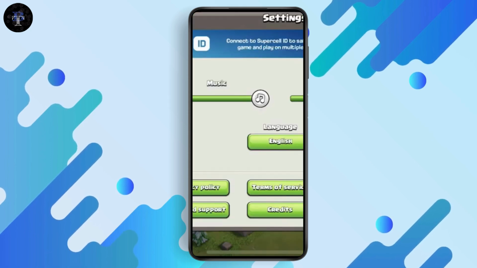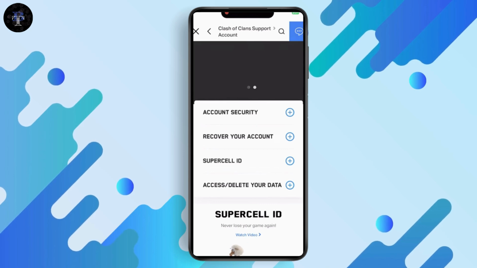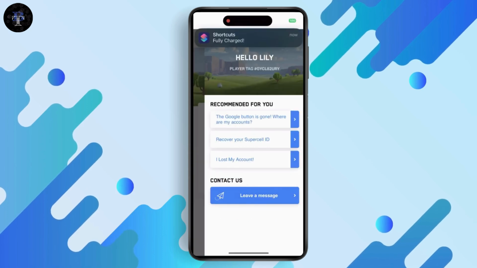Once you tap on help and support, you will have this kind of interface where you just need to simply go for account, which is on the first option. Under account, you need to go for the upper right, which has the chat icon. Tap on the chat. Under chat, you need to go for leave a message, which is on the bottom. And once you tap on it, it will